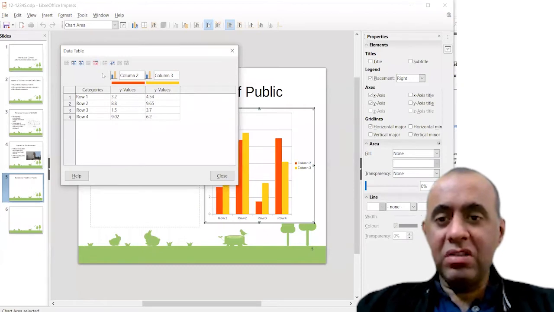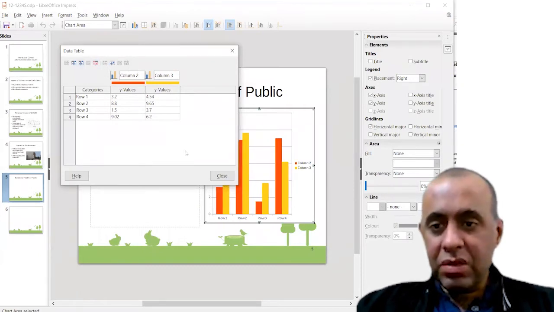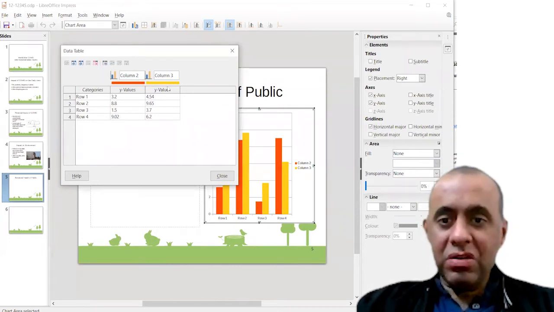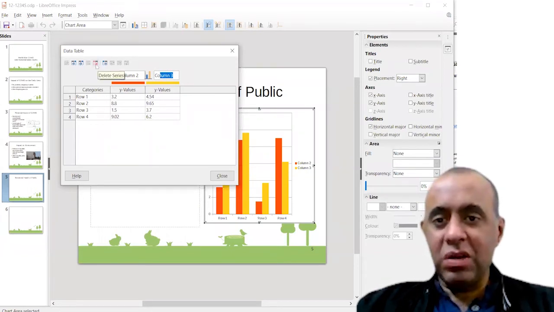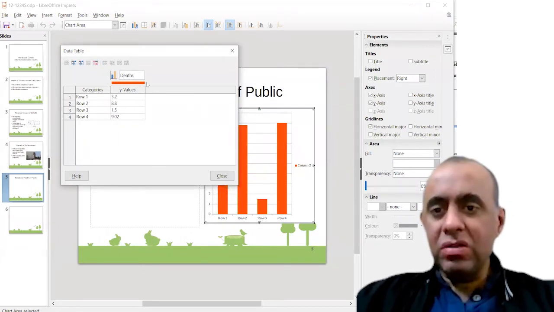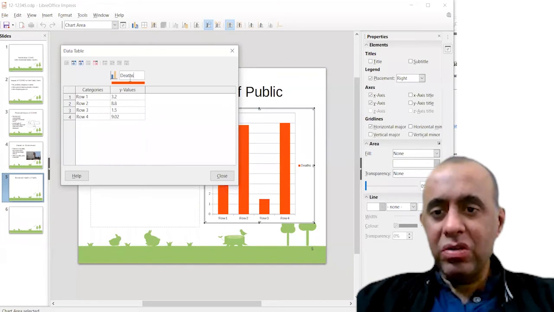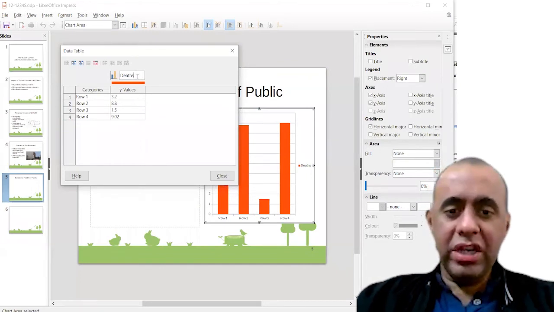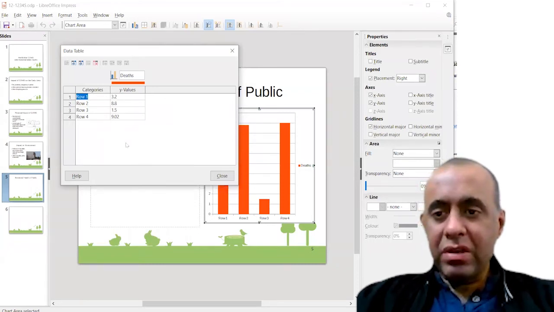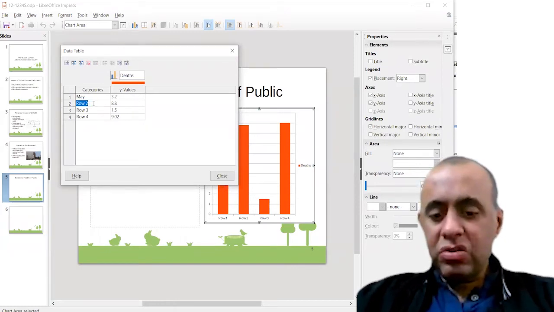For example, if I was, okay, there's no undo button for that, right? So if I have selected this column 3 text box and I press this delete series button, it simply deletes it. So I'm going to leave only one column here, and I'm going to change it to deaths, and I'm going to change the categories to, let's suppose, May, and then June, and then July,